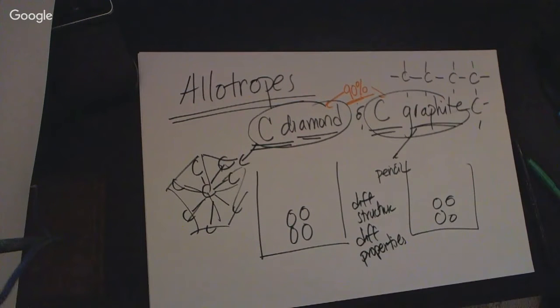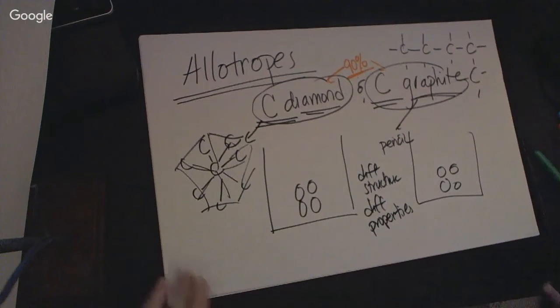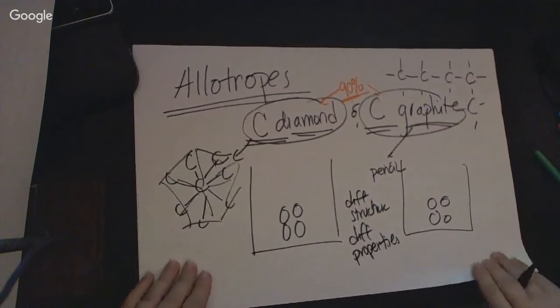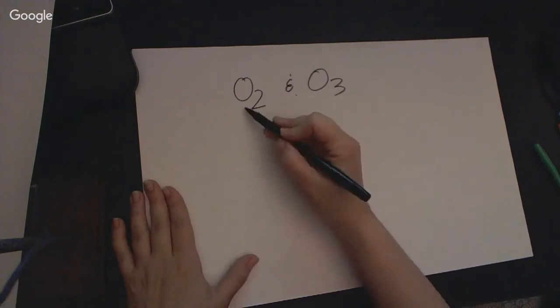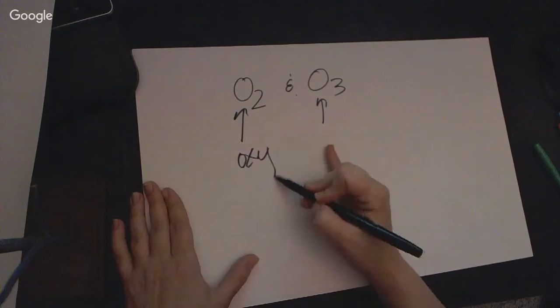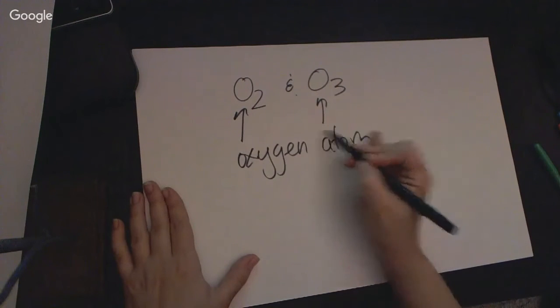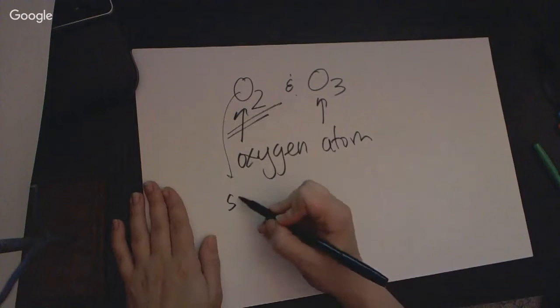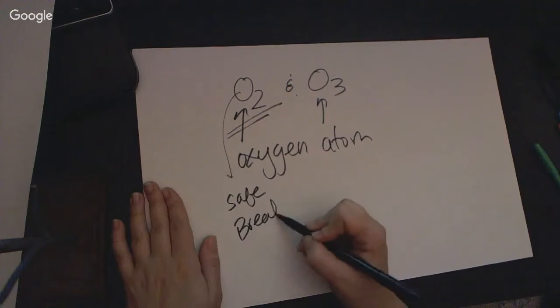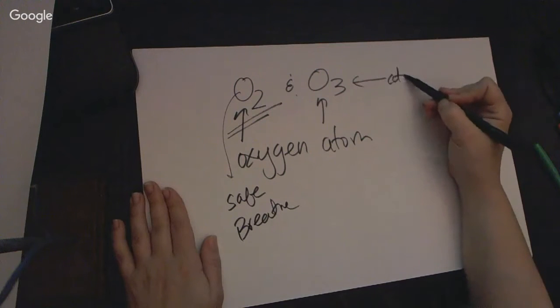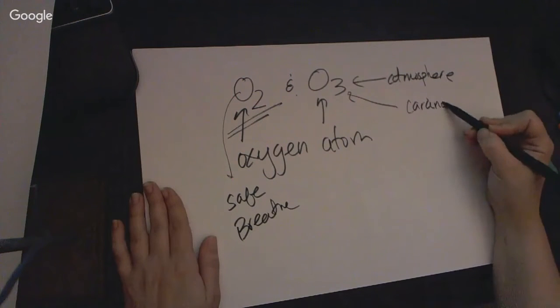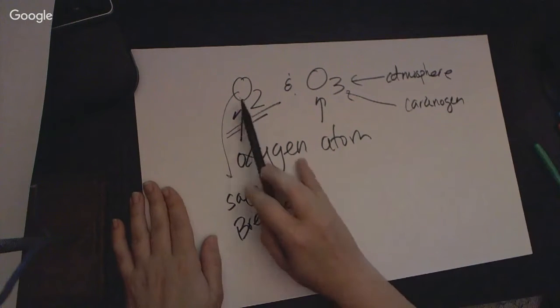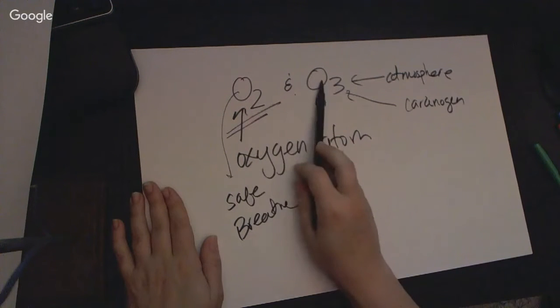That is not the only allotropes that I've seen them use before. I've also seen them use the allotropes of molecular oxygen and molecular ozone. These are both made of oxygen atoms. Now, oxygen O2 is the stuff that's safe to breathe, whereas ozone is what you find in the atmosphere, and also in photocopy machines, which is carcinogenic. Again, different structures, even though they're made of the same atoms, they have different structures which give them